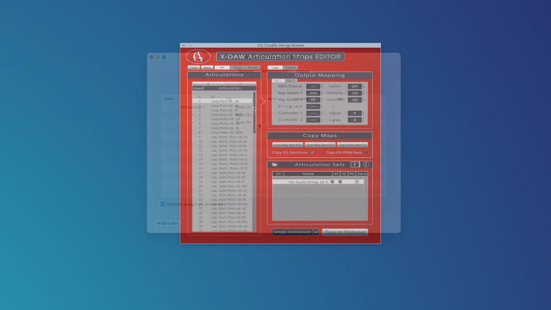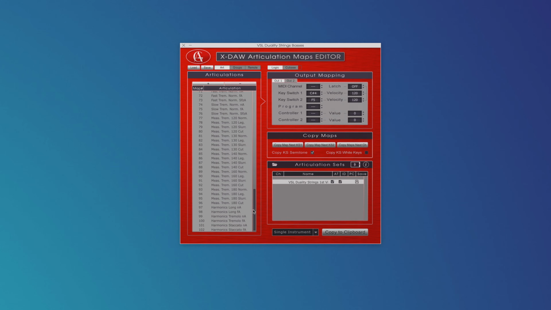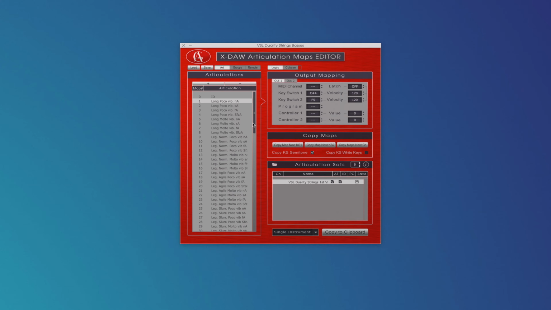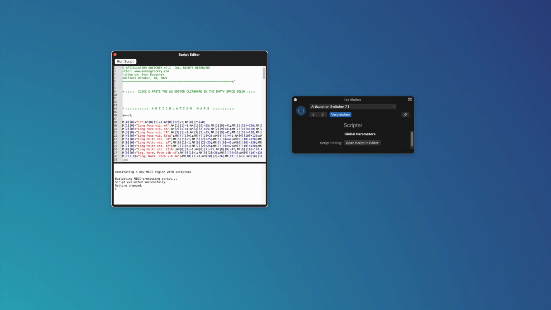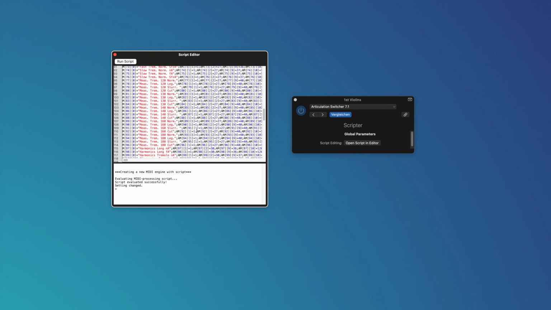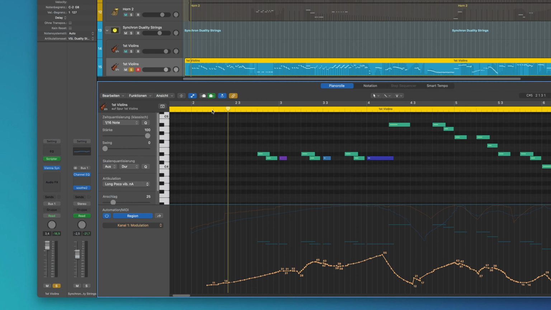That's why I use a very helpful little program by a company called Audio Grocery, which lets you build your own articulation set with up to 5 key switches per articulation. It's called XDAW, and I used it to build an articulation set with 102 articulations, which covers the basics I needed for this project. It doesn't include the different note release options, but for this project I decided to work without them. XDAW basically gives you a custom script for the Scripter plugin inside Logic Pro, which lets you trigger those extra key switches you need.